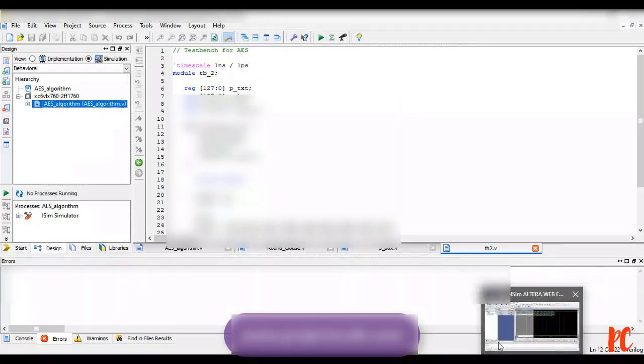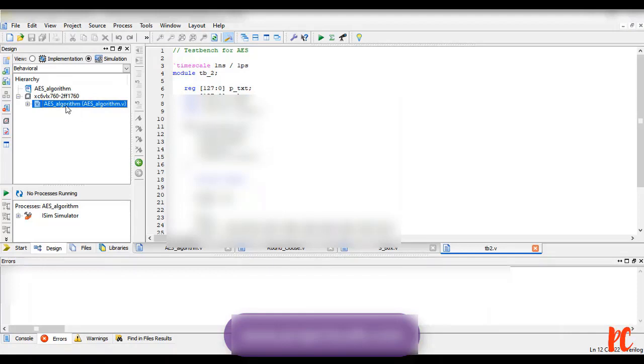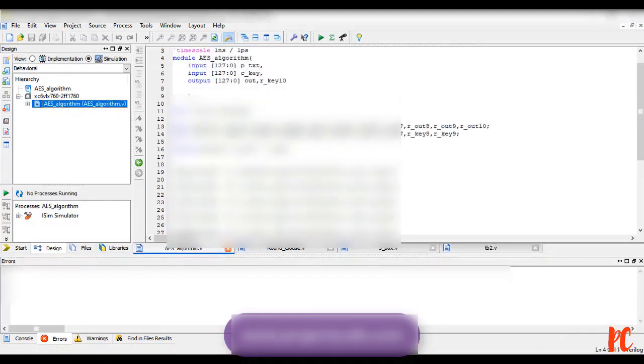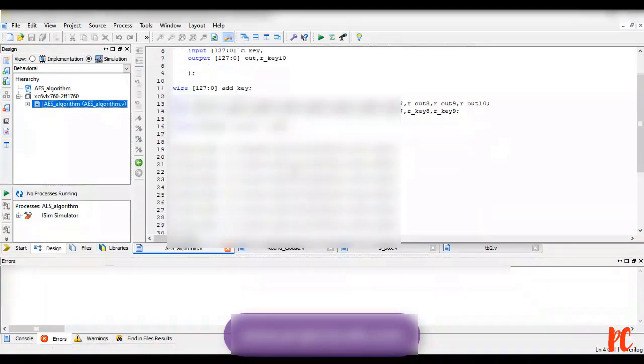So finally this is my test bench file. Let me double click on it. This is my DUT file, sorry, this is my DUT file. Now I need to run it.